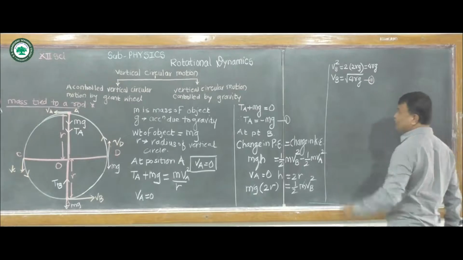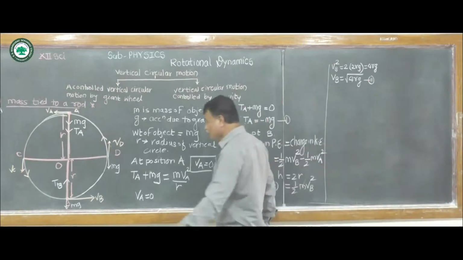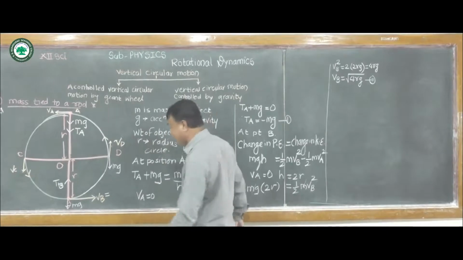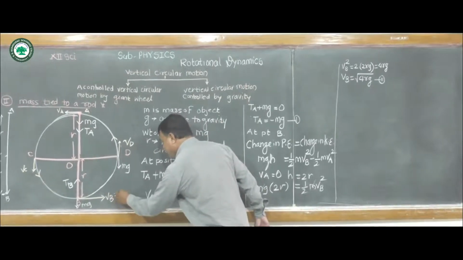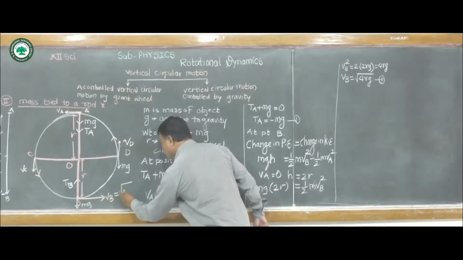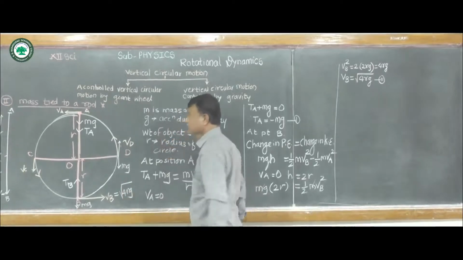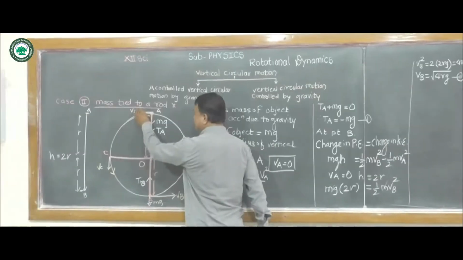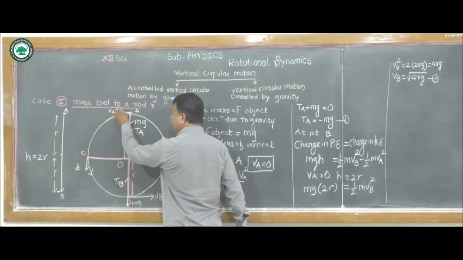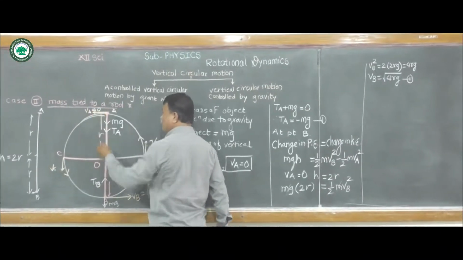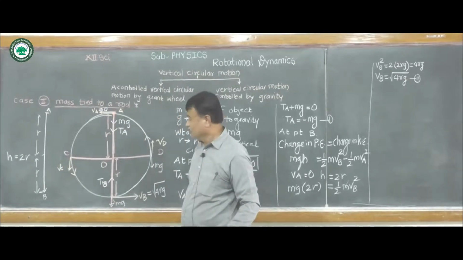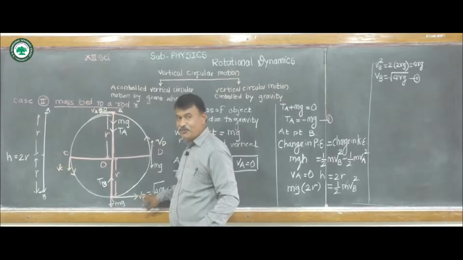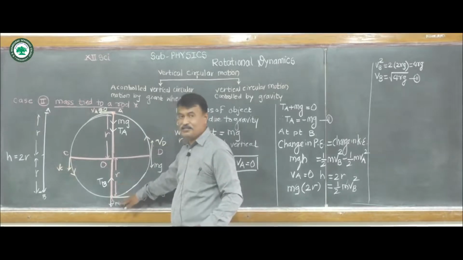This is equation 2. Now this equation 2 gives us the magnitude of the velocity of the point mass when it is at point B, that is equal to under root 4rg. When the point mass is at position A, its velocity is 0. It is minimum. And this is the maximum value of the velocity of the particle when it is at position B.